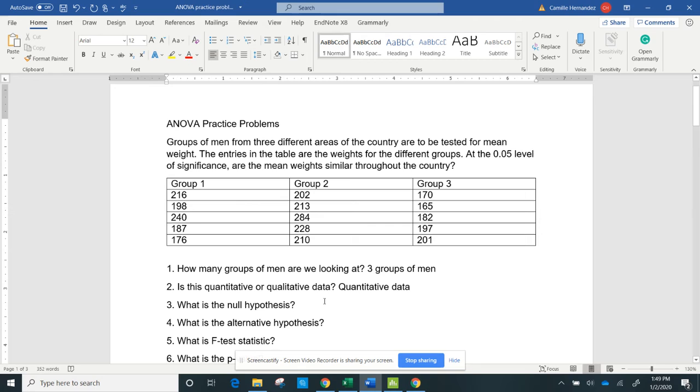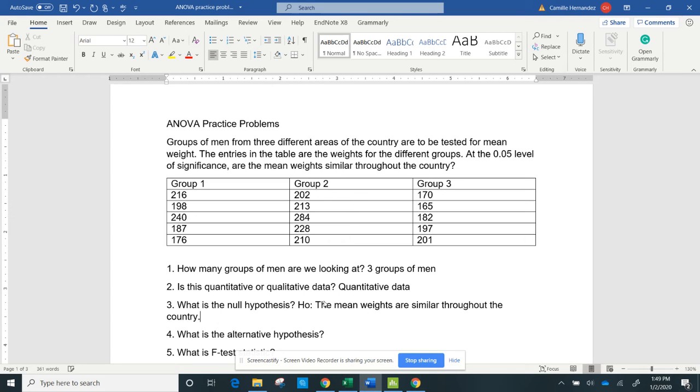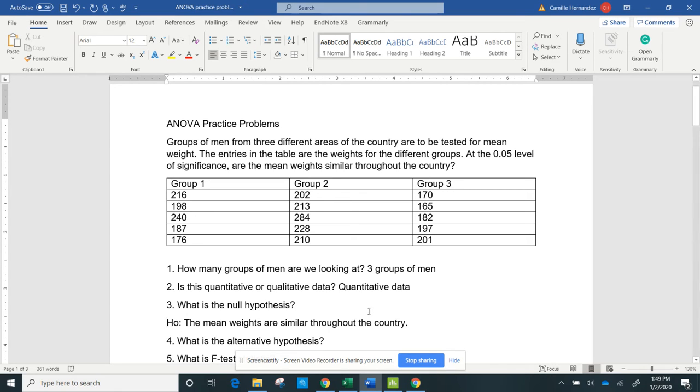So what is the null hypothesis? The null hypothesis is that the mean weights are similar throughout the country. Okay, and I just got that from the problem, and I'm going to put it that way. Okay, what's the alternative? I'm just going to put it right here. The alternative is that the mean weights are not similar throughout the country. All right. So now I am ready to put my data in Minitab because the next thing it